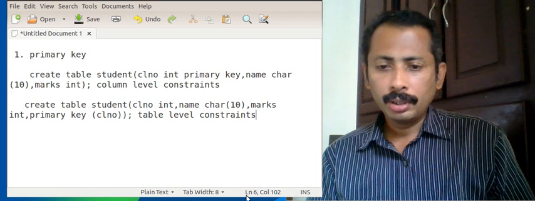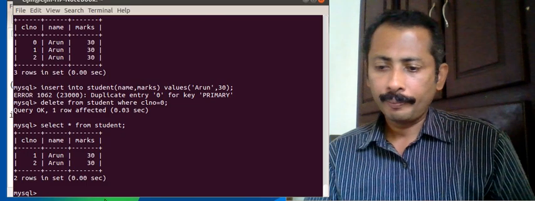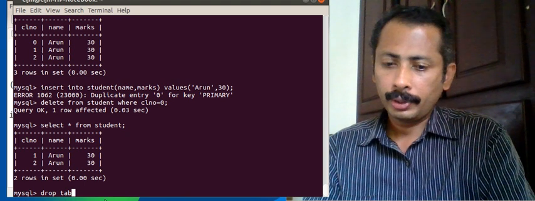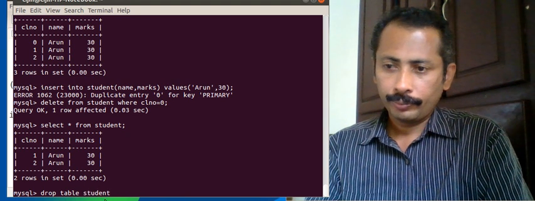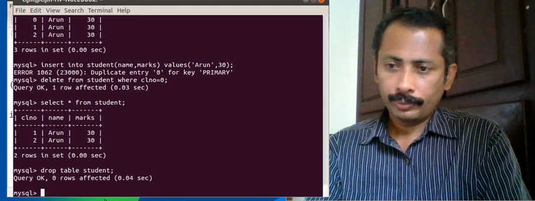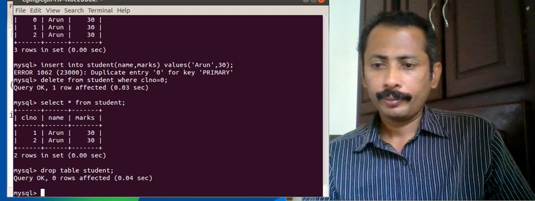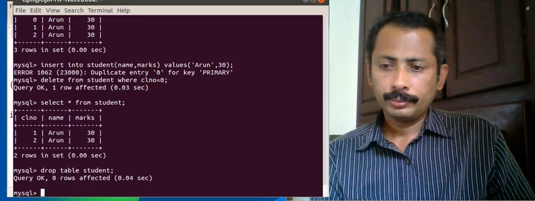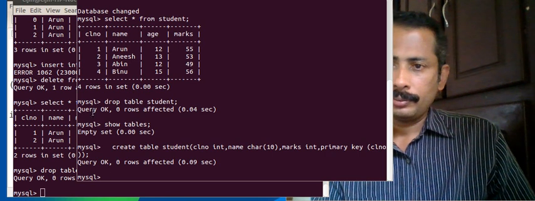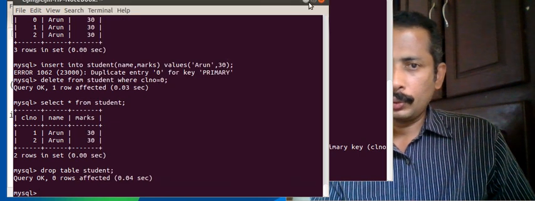Okay, so we will drop the table again. Drop table student. Okay, we have two interfaces open.